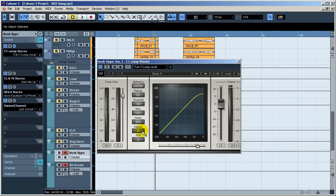fast attack. And a fast attack, here's a little tip. If you want to push a vocal to the back of a mix, the transient, the first initial portion of a word, of a lyric, all right? If you want a vocal to come through, you'd use a faster attack to allow some of the first transient material to come through. If you want to push a vocal to the back of a mix or to the back of some surrounding vocals, use a very fast attack, as which I'm doing here, and that's going to push,